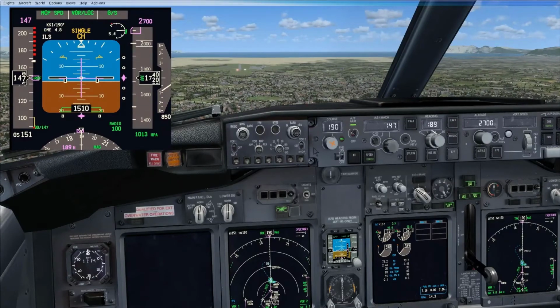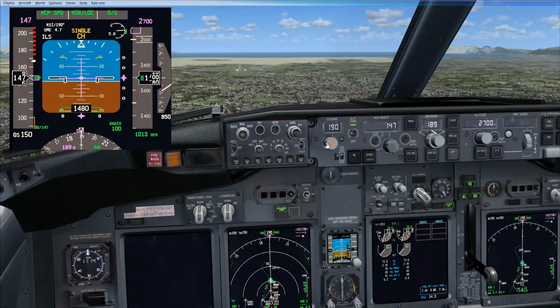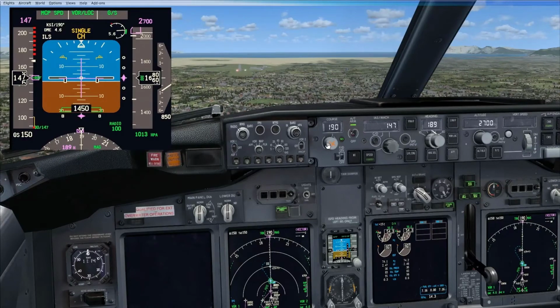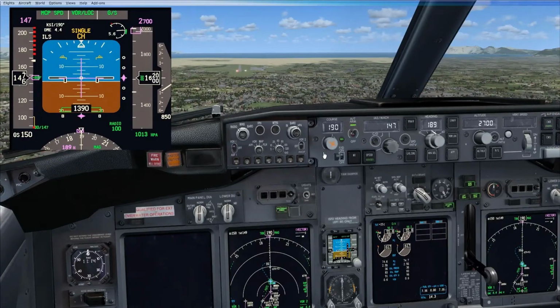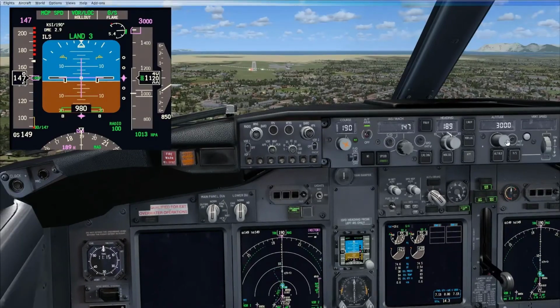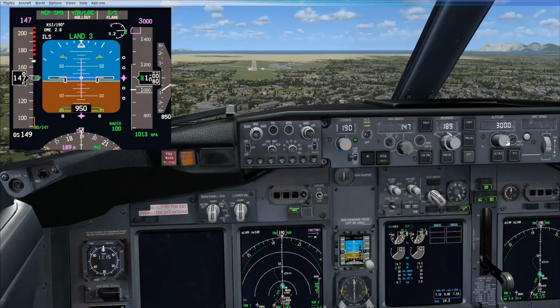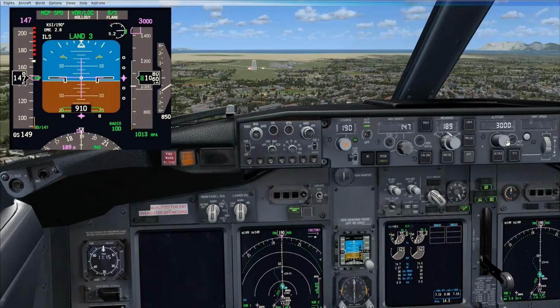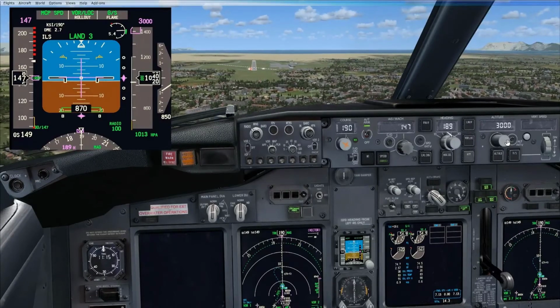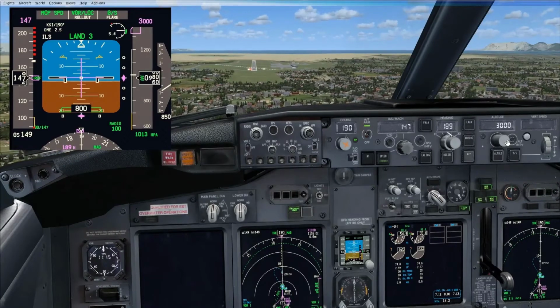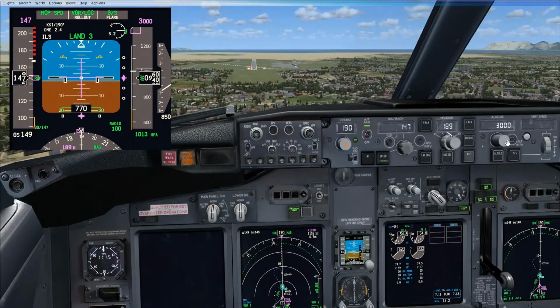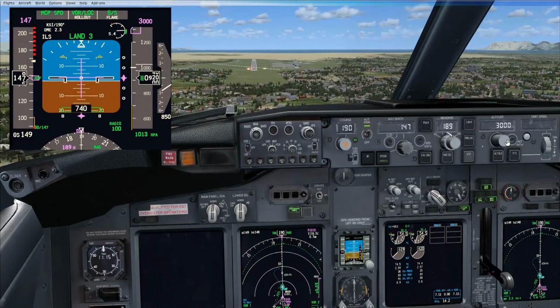We've got our altimeter set to local and we locked onto both lateral and vertical navigation. The runway is in sight and we have 2 reds and 2 greens, and as we come to 500 feet AGL, I'm going to pause the video and discuss a concept called the landing gate.